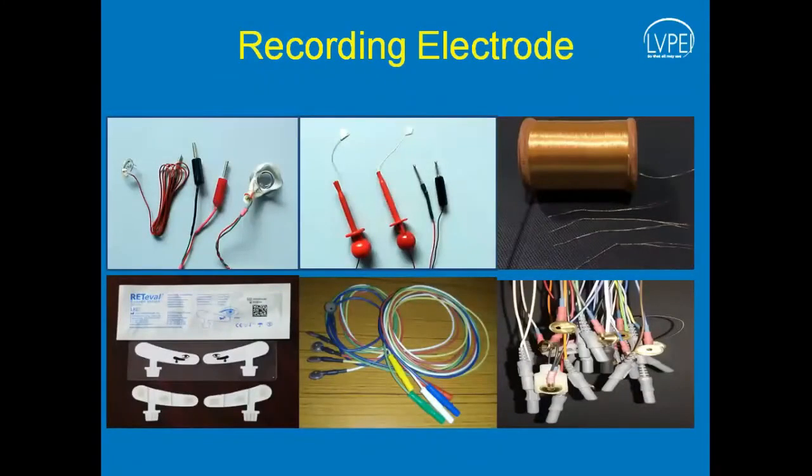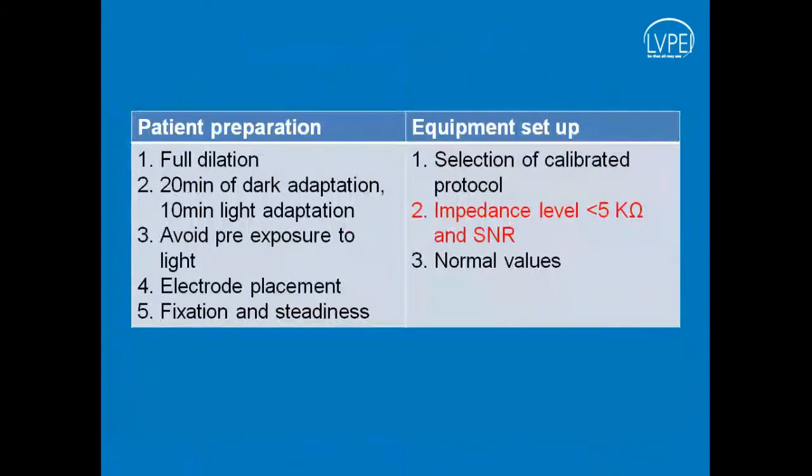Now, while we record any electrophysiological or electrodiagnostic test, we need electrodes. We need a special type of electrode, and those special types are shown here. This is a type of contact lens electrode. These two are the contact electrodes, and all the rest at the bottom row are skin electrodes. We need special types of electrodes in order to record an electrodiagnostic test. This was already discussed by Dr. Tapas in the previous talk.